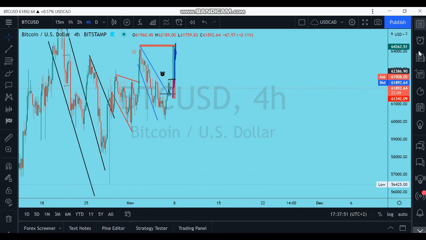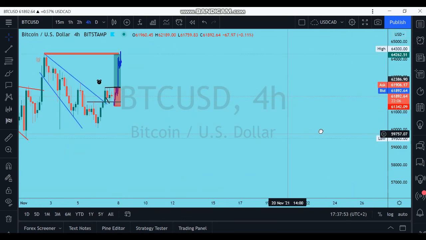Okay. Then on BTC USD, I'm still in the market. I'm still looking for a breakout. Still in the market. I'm looking for a breakout of